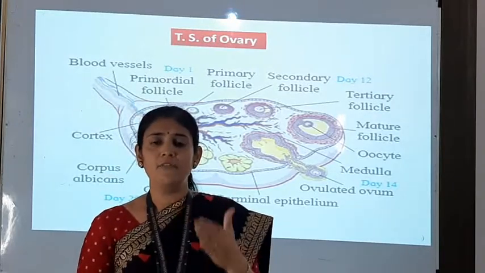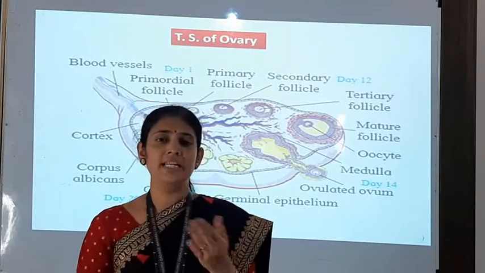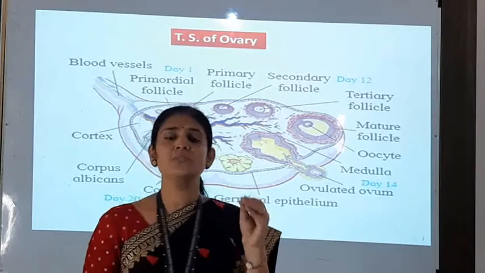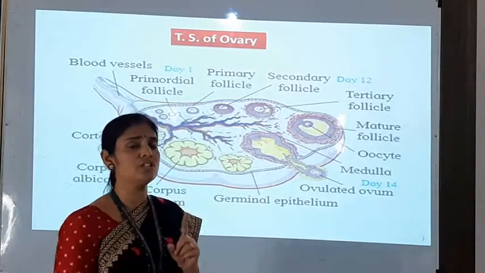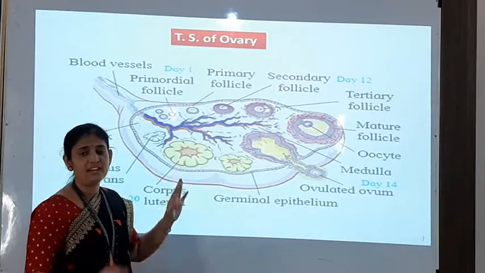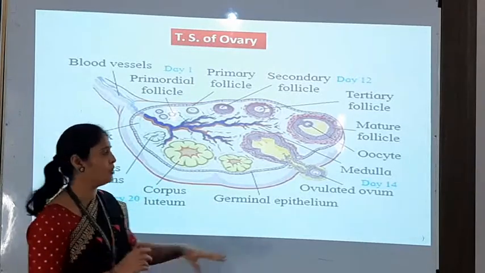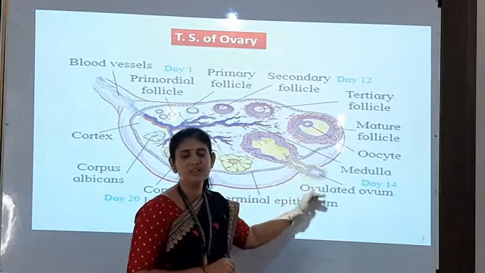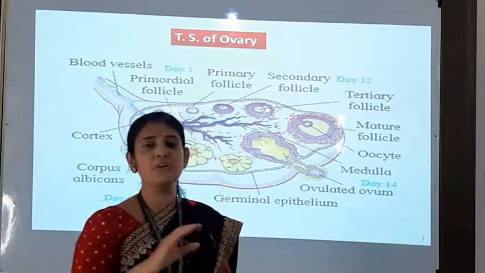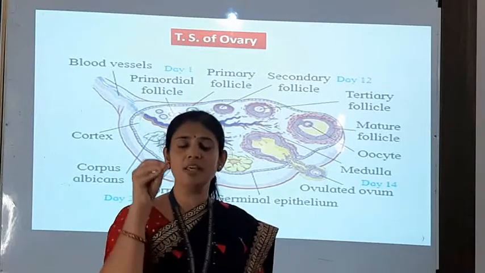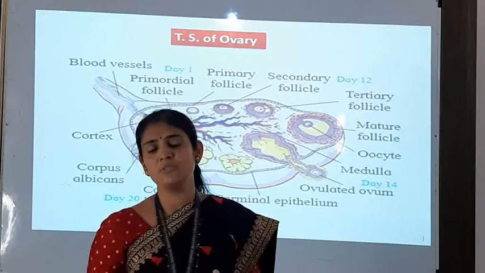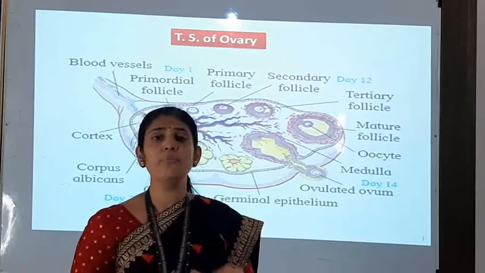For the development of the embryo, that is for the pregnancy period, the progesterone hormone plays a very important role, and that progesterone is secreted by the corpus luteum. When there is no pregnancy, that is, the ovum is released from the ovary but there is no fertilization, no sperm entry in the female genital tract, no development of zygote, no embryo, no pregnancy,